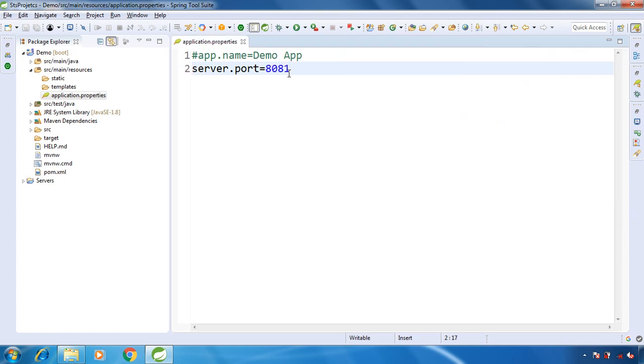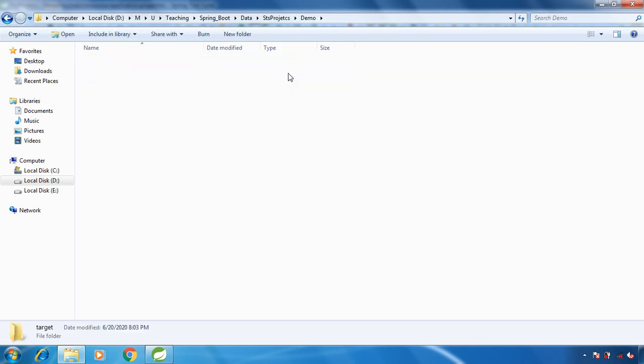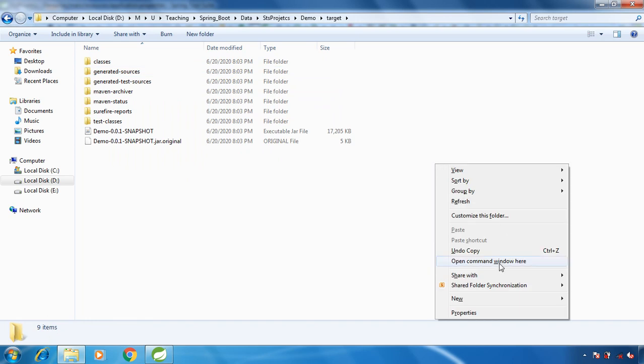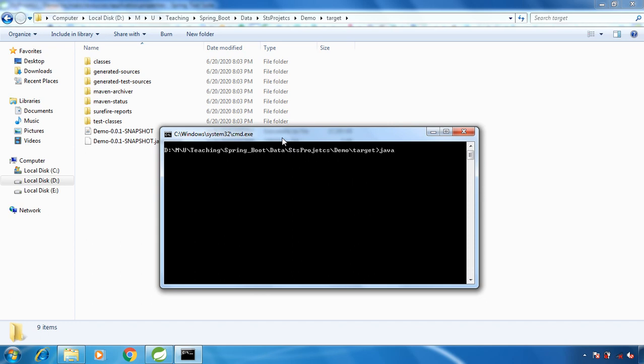Now the same VM argument you can provide through the command prompt as well while running your Spring Boot application. Say, for example, we are running through the command prompt. This is our VM argument. Say I'm giving 8083 and our jar file.